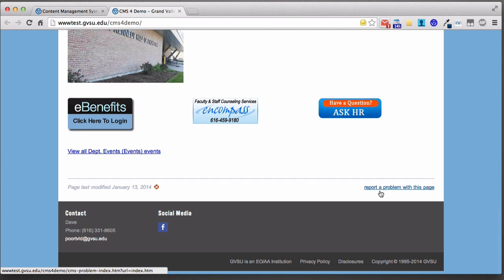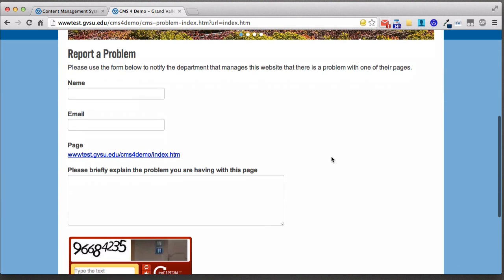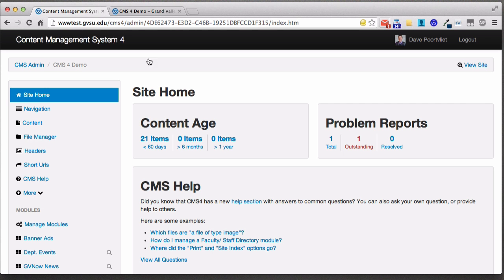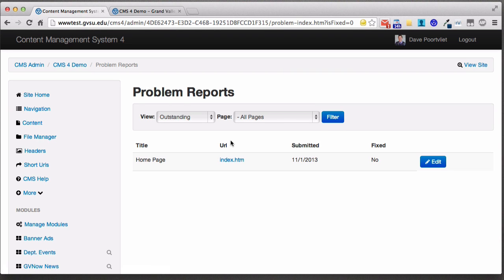This allows visitors to report a problem. If they see a spelling error or a broken link or the phone number's not working, they can click this and they'll be brought to a very simple form where they can fill out their name, email, and explain what's wrong with the page or what they're having problems with. And then once they submit that, an email will go to the main site administrator of the CMS site, and also in this CMS dashboard area, you'll see that I have one outstanding problem report, and I've answered one already too. So we just have to click on that one outstanding,